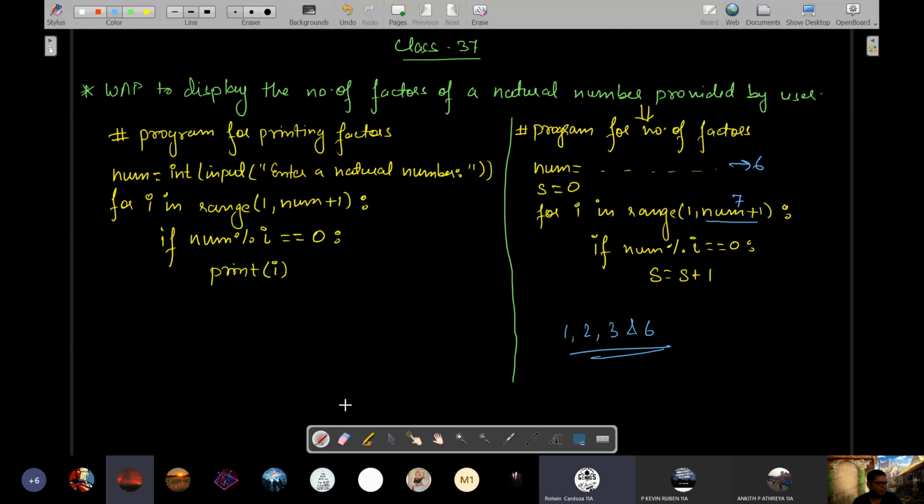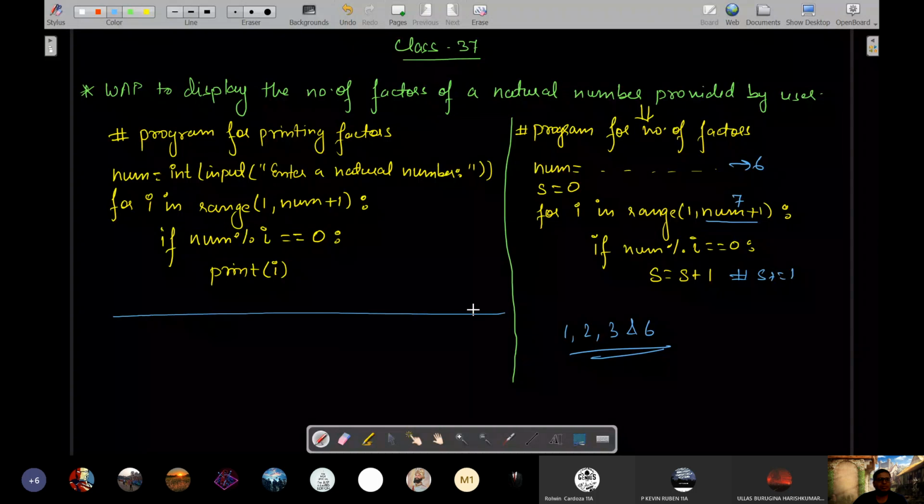Okay. So for the S is equal to S plus 1, we can use augmented assignment operator. Correct. S plus equals to 1 you can use. Yes, sir. Here you can use S plus equals to 1. Can be used. Correct? Right. You will remember we did something similar in the sum program too, but what did we do there? You recall? Just I am writing here. Yes, sir.